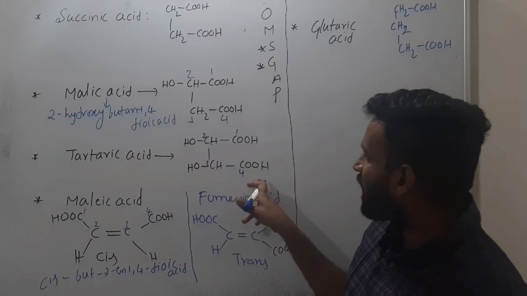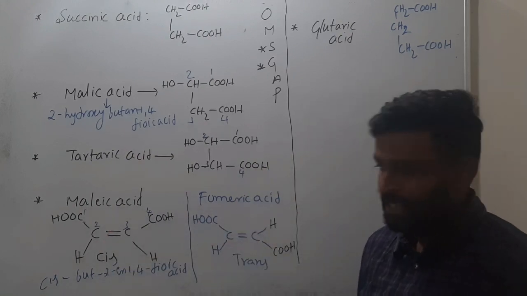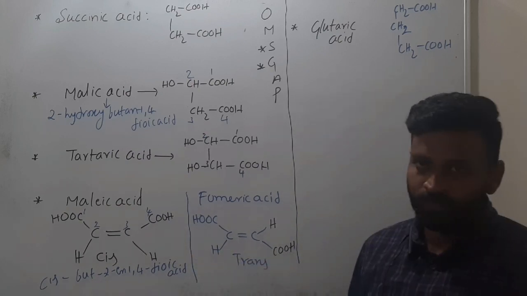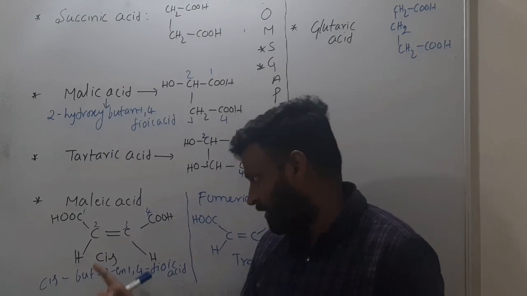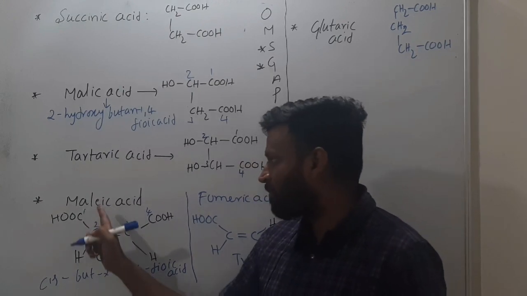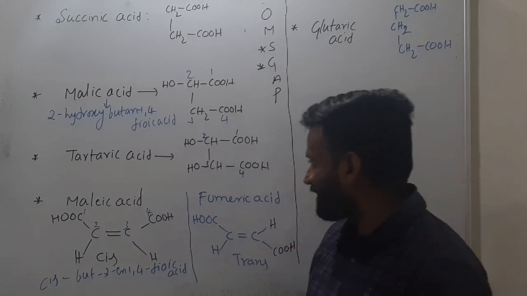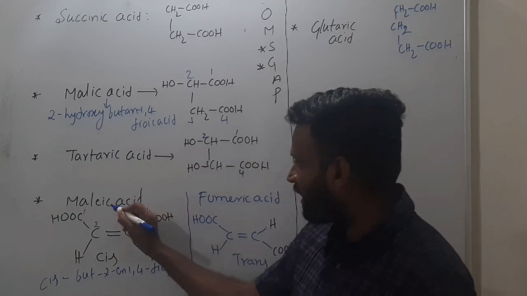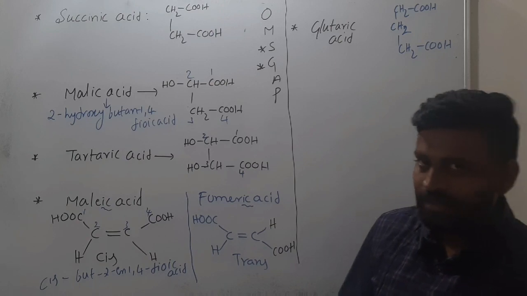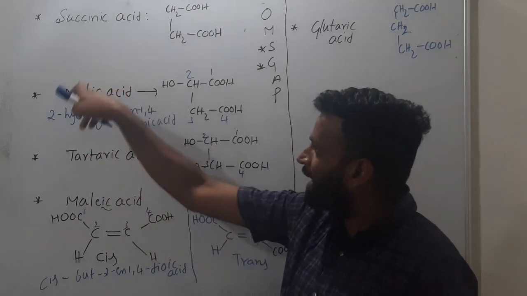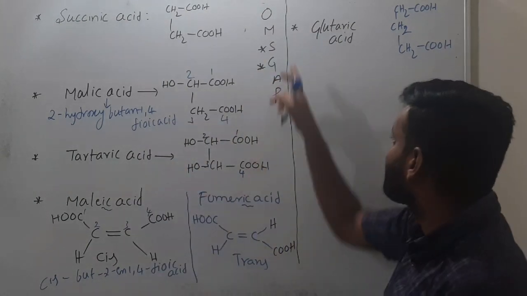Here, but 2 in malic and fumaric, cis and trans form. Okay, CM, cis form, CM, chief minister, like that. Cis form is a maleic acid and trans form is a fumaric acid. Here see how to identify fumaric, maleic, fumaric, but simply direct malic, this one. Malonic, that is different. Okay, this one.